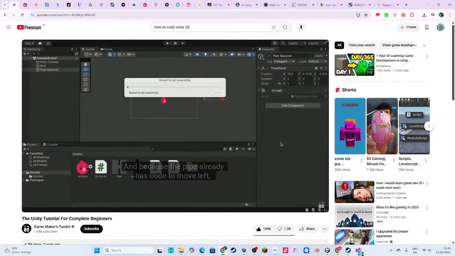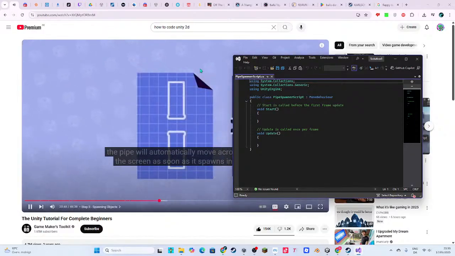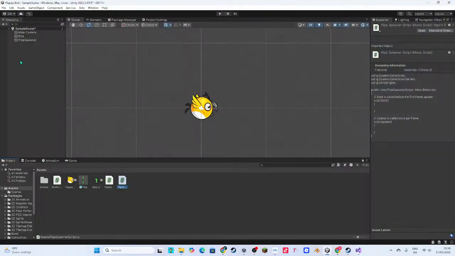And because the pipe already has code to move left, the pipe will automatically move across the screen as soon as it spawns in.